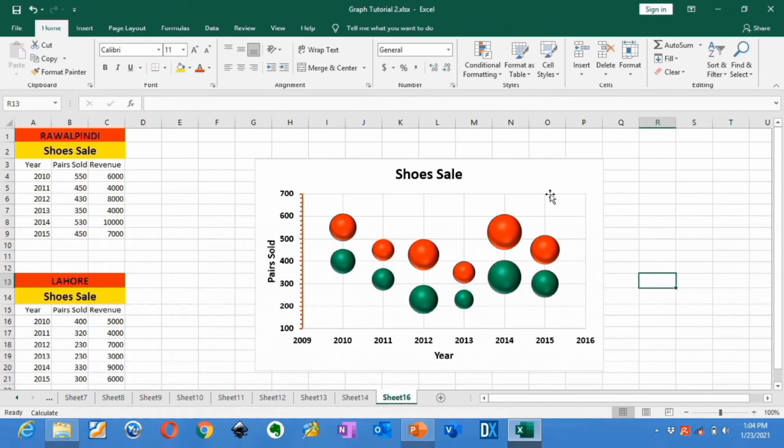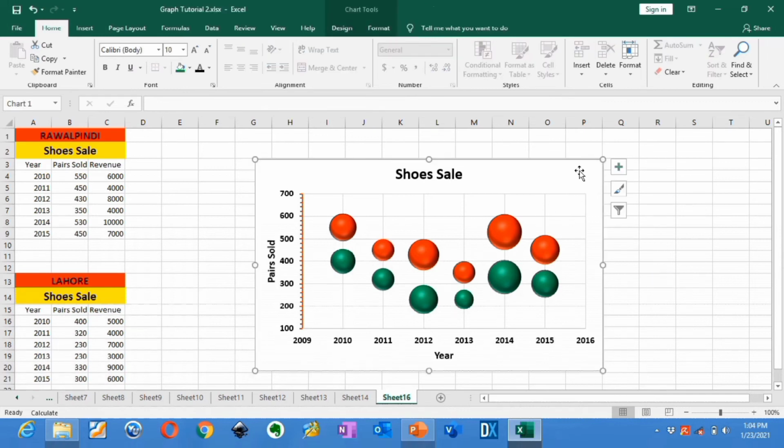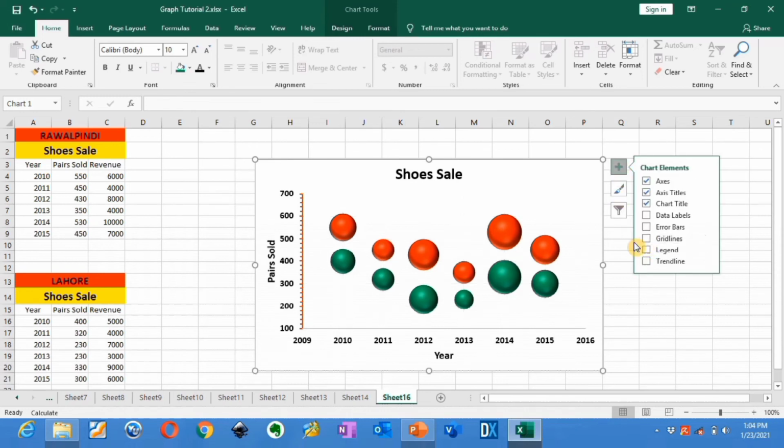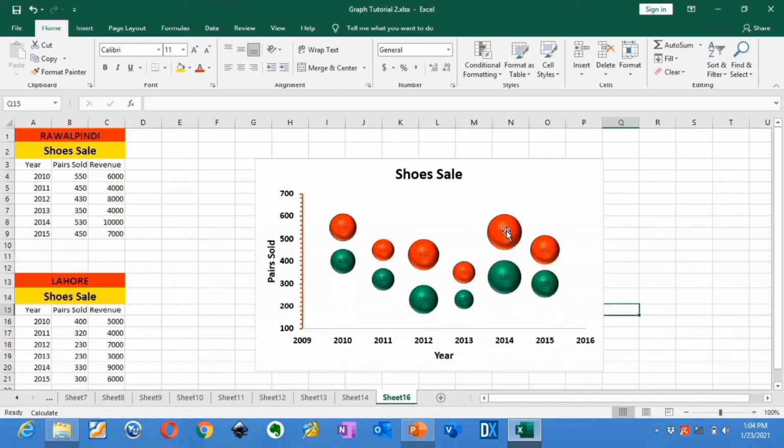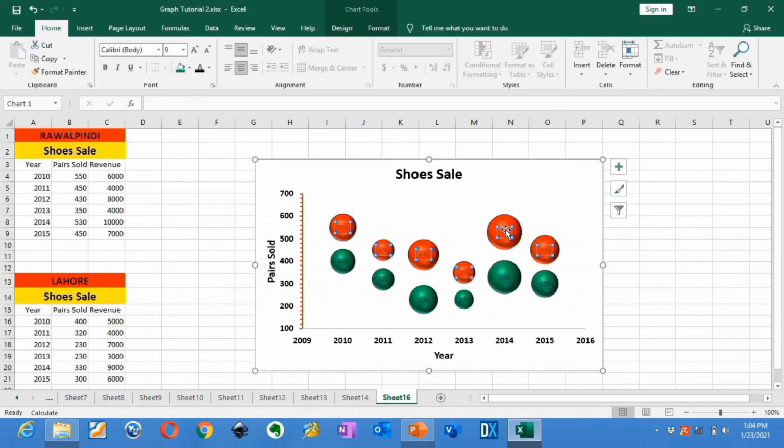Now if you want to insert data labels, select this one, click on this plus sign, and I want to remove grid lines, so uncheck this. Secondly, I want to insert data labels, so I will check this option. You can see here that data labels are inserted, but this shows the pair sold.